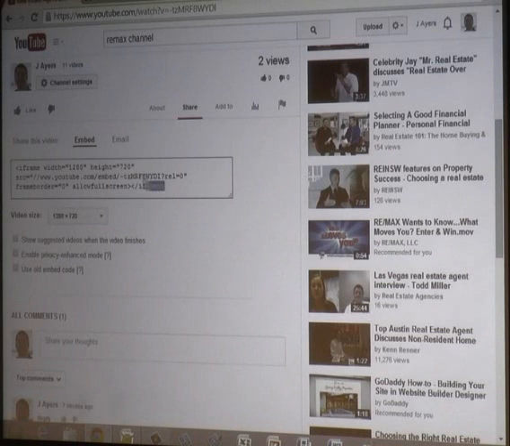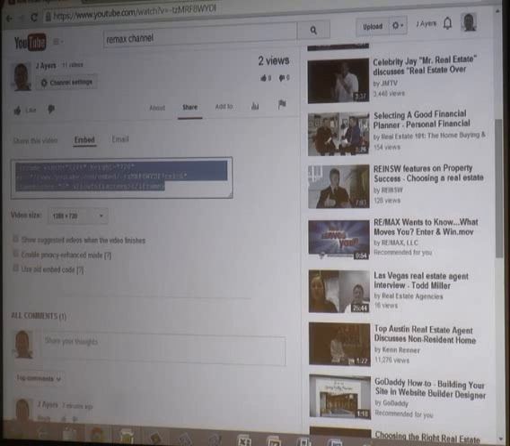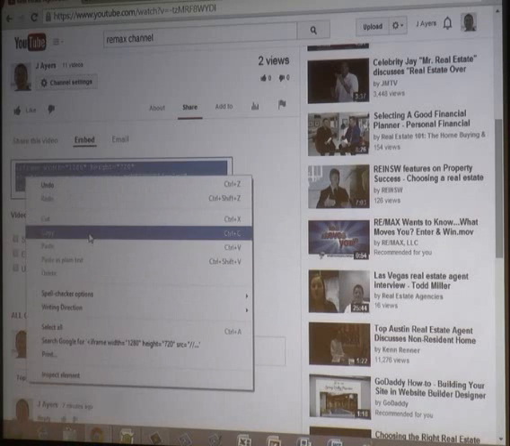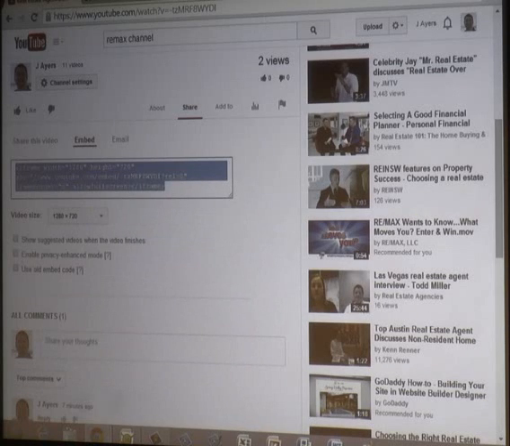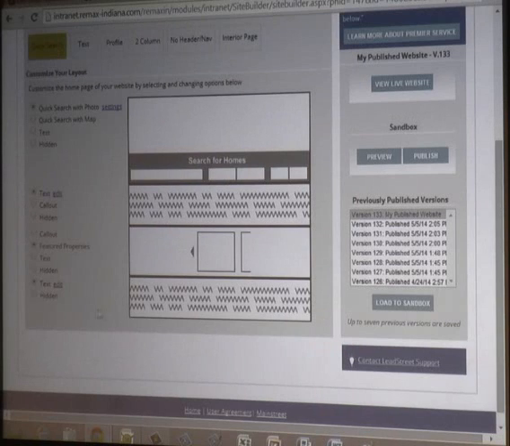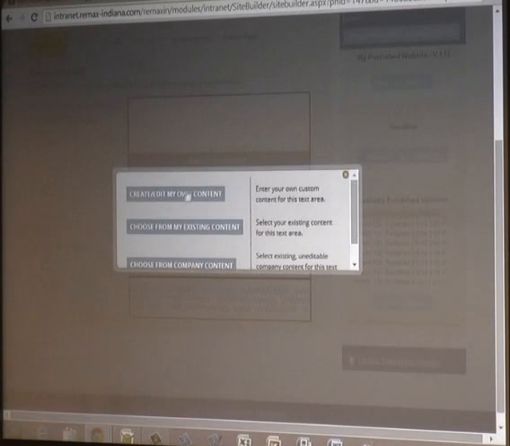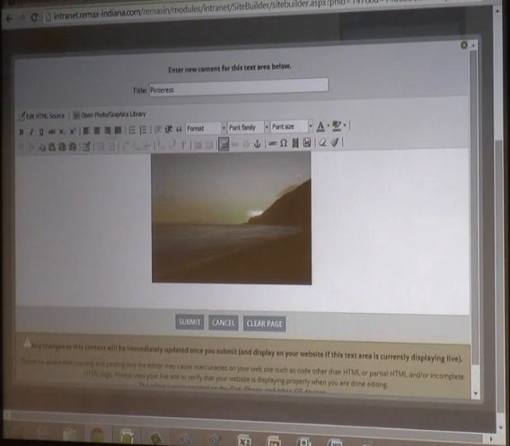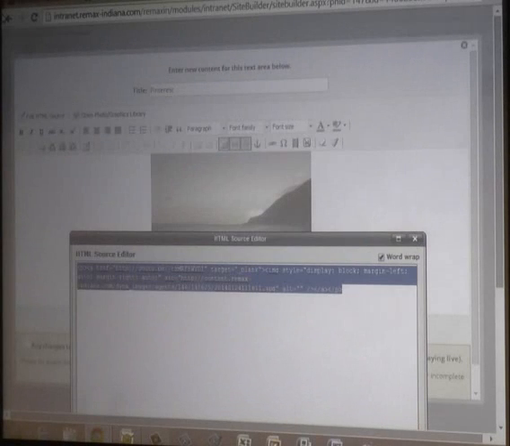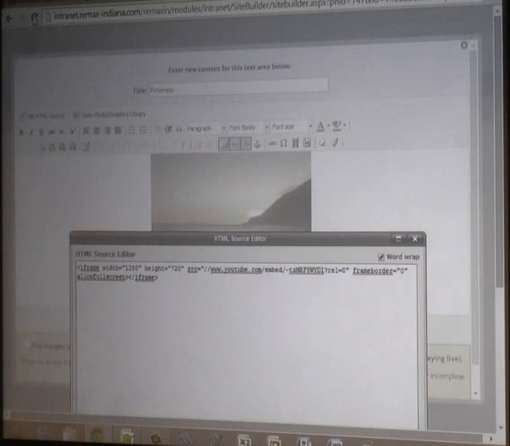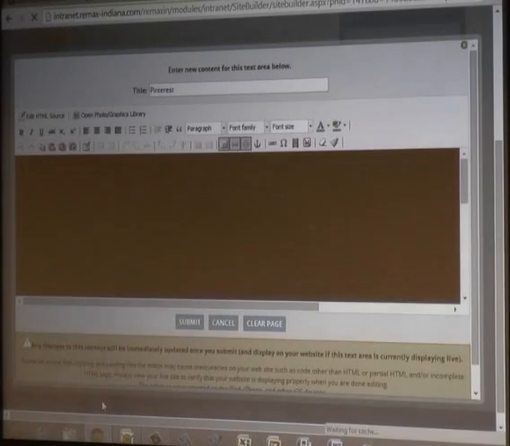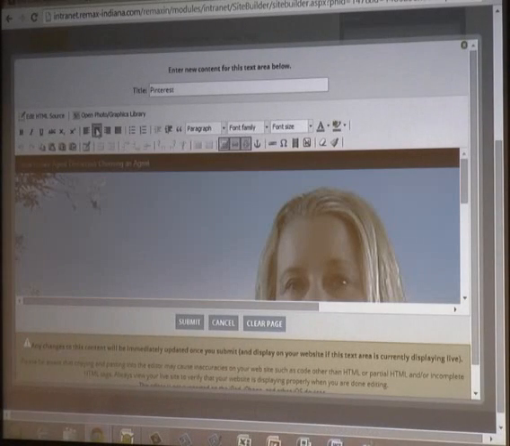So now I'm going to take this code, I copy it, and jump back over here into Lead Street. In that area where I had that photo that was embedded with my YouTube link, I'm now going to replace that information with source code. The source code is going to make it possible for this video to live within the wireframe itself and become a fixture of my website. Now if I hit Submit,